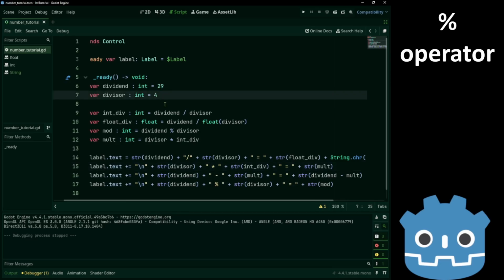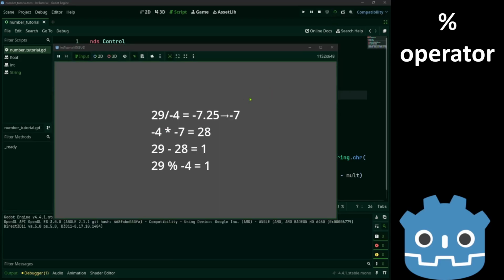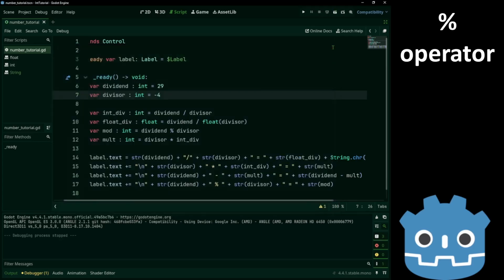Okay, that was for positive numbers. Now what happens if the divisor is negative? We get a minus on the results. Minus 4 times minus 7 gives us 28. So the remainder remains the same. Nothing has changed.